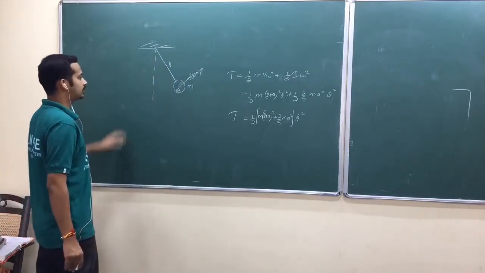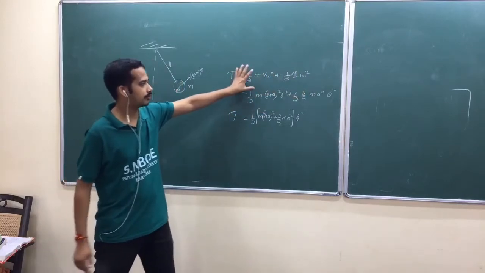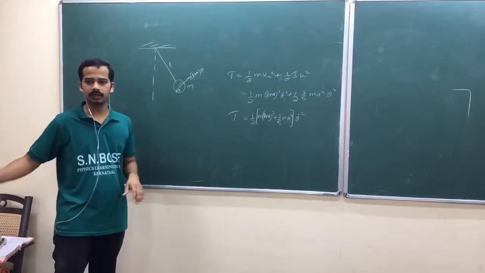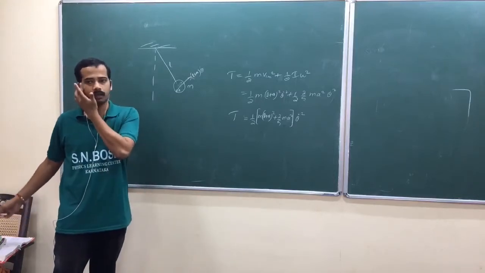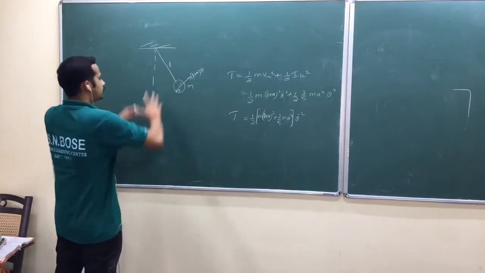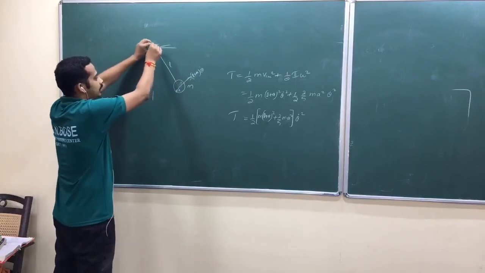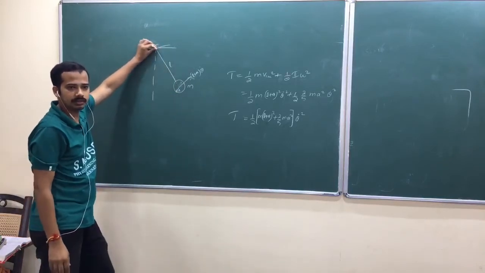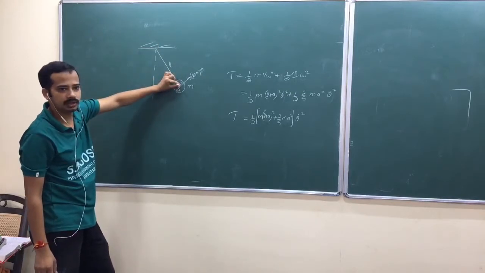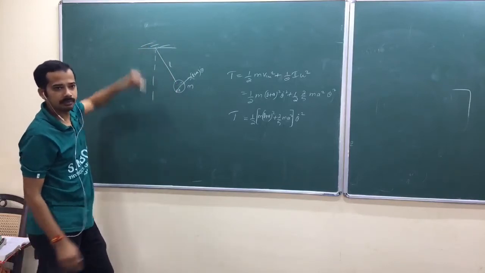Now look here. You can think of this as motion of the center of mass plus motion about the center of mass. The other way is to treat this as a rigid body, just like the compound pendulum problem in J.C. Upadhyay. So treat it as a whole rigid body, rotating about this axis. Now you know the moment of inertia about the center of mass axis, and this axis is parallel to it. The distance between them is L plus A.